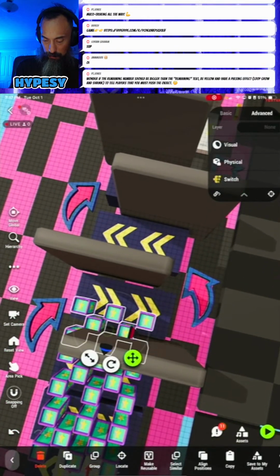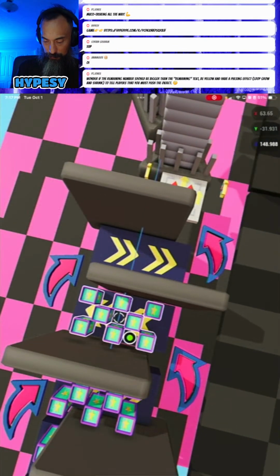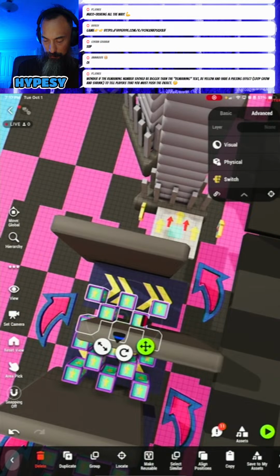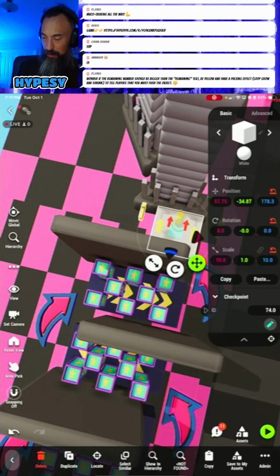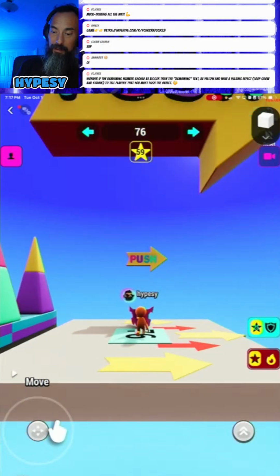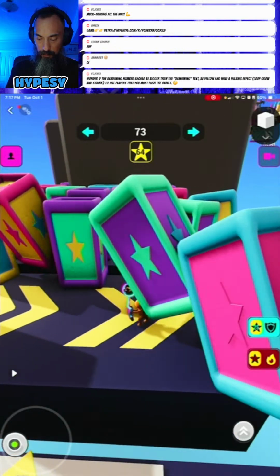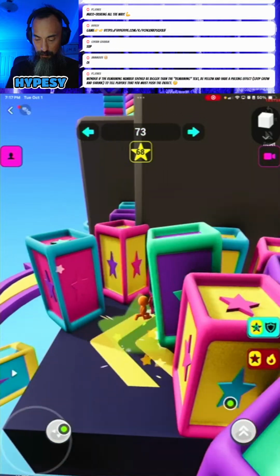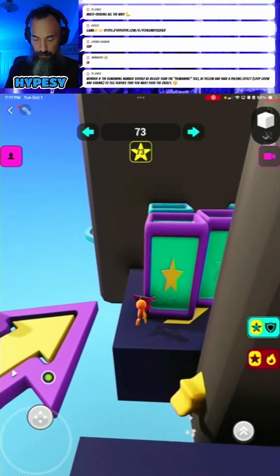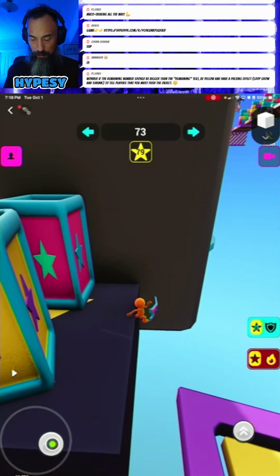Looks good. In this game, you just knock stuff over, so that's what we're doing here. And that was level 73. Let's test it. Crap.